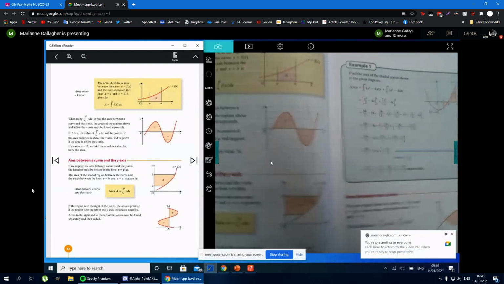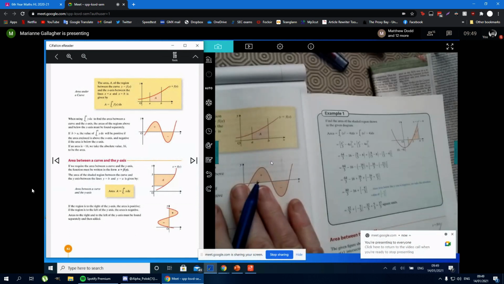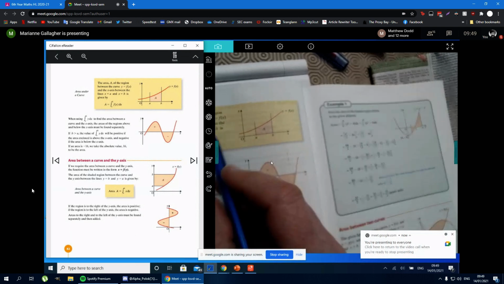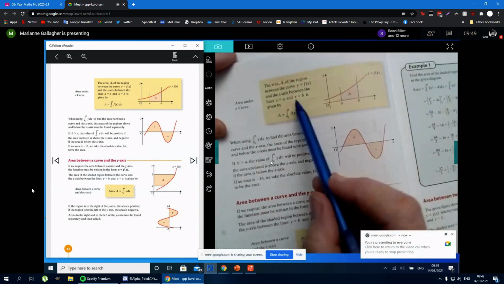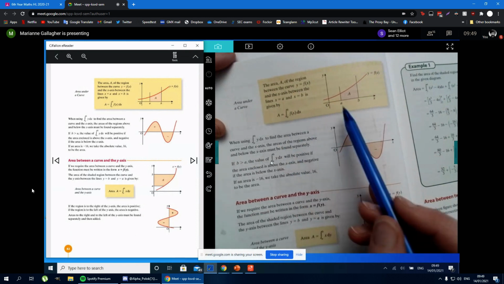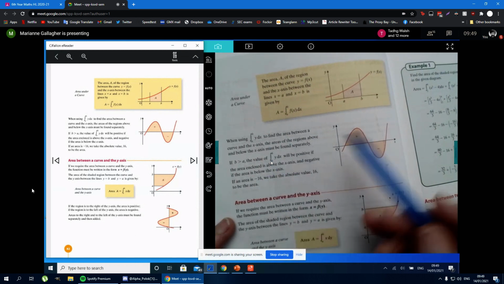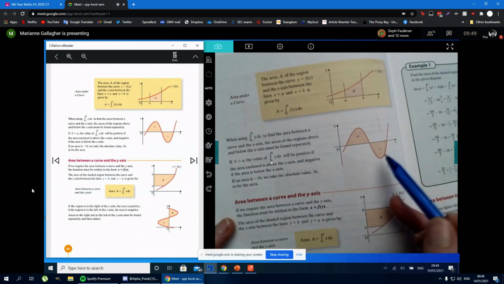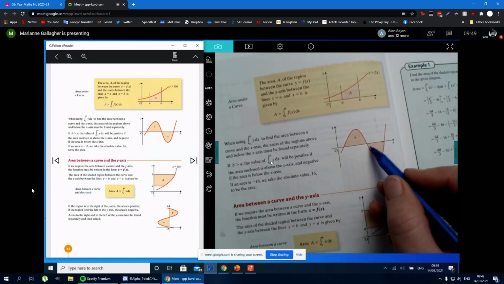So if you want to turn over the page, there's our definition. This is the key takeaway from this: the area of the region between the curve f of x and the x-axis between the two lines is the integral from a to b of f of x dx. Okay. One thing to be aware of is if the curve crosses the x-axis, because f of x is minus here,